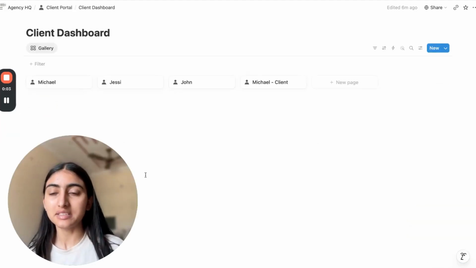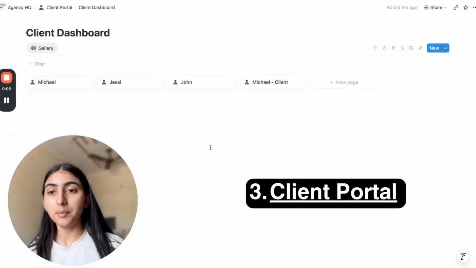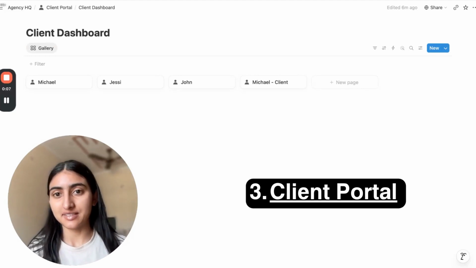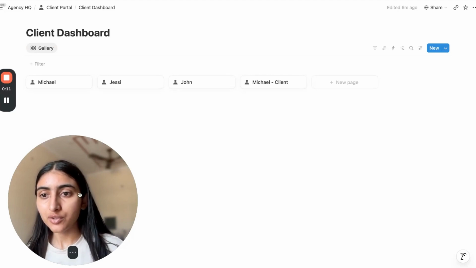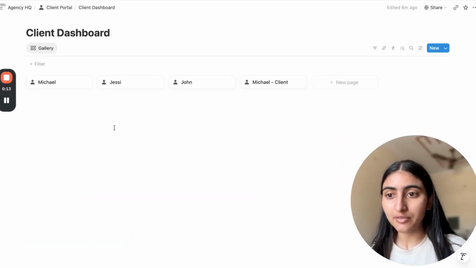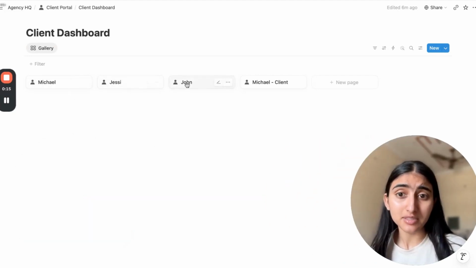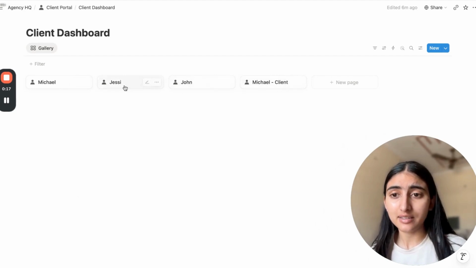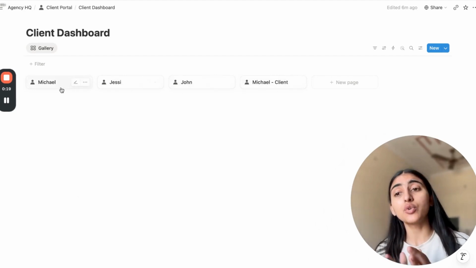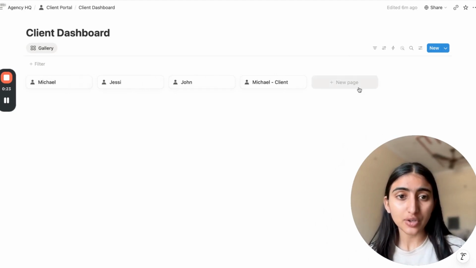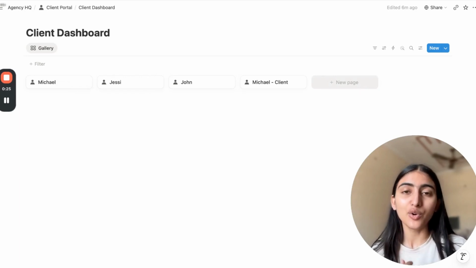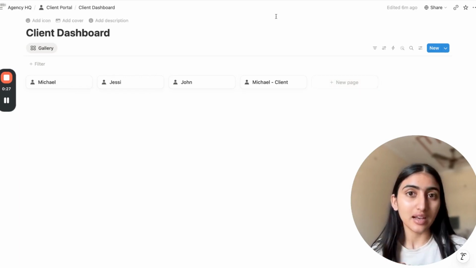Now the third part is the client portal, the place each of your clients gets, and this is my most favorite part. Here you can see that we have the client portals with their names, and these are the places given to each of the individual clients. Now, to showcase your very new entry, I'll go back to the CRM.